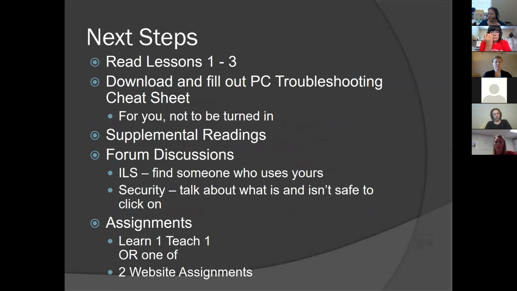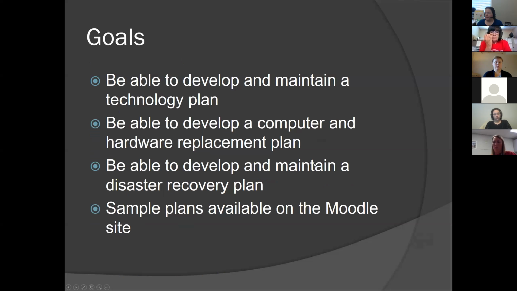And one of the things you'll do is look at the Moodle plan site for sample plans. Lesson 3 contains a lot of information on technological planning. One of the things that, in NECLS at least, I don't know what other systems require, but when